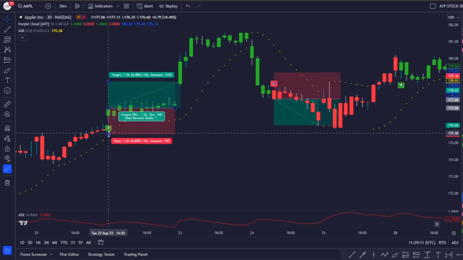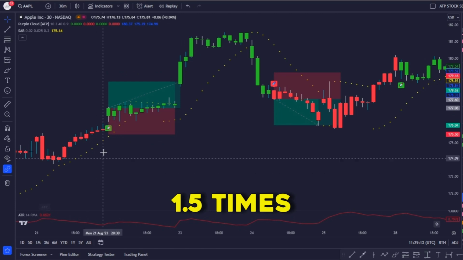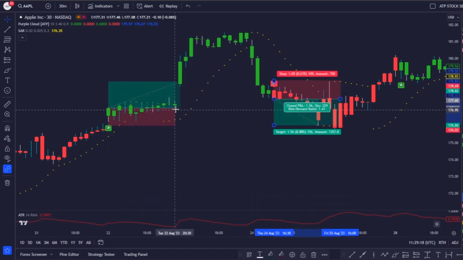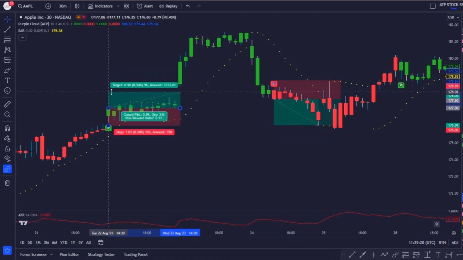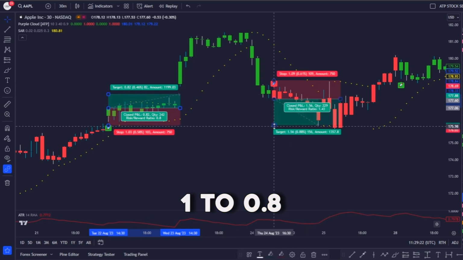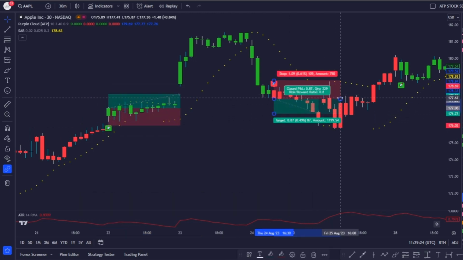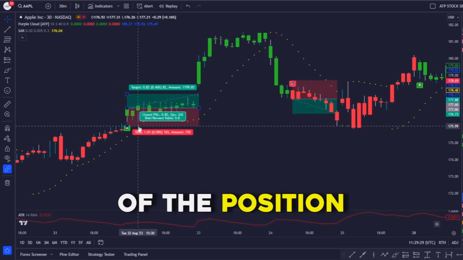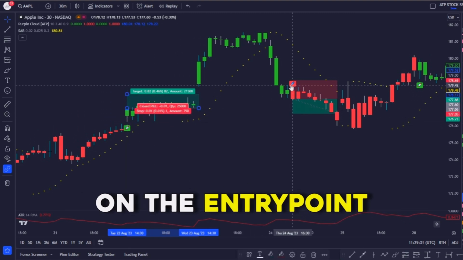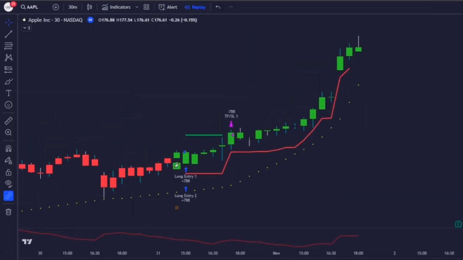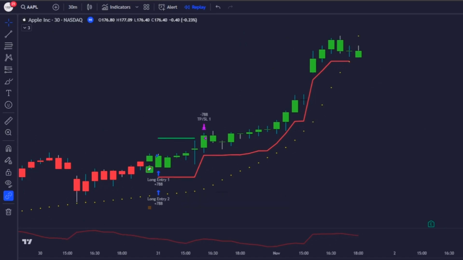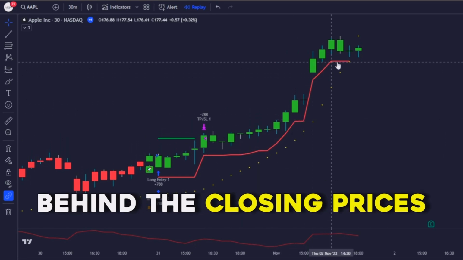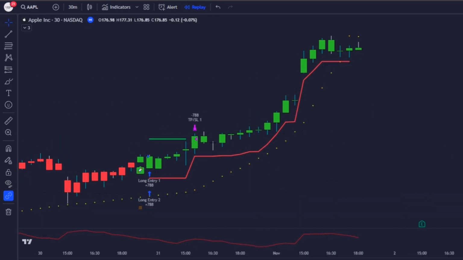Then we will need to insert a stop loss 1.5 times the ATR pip value below or above the entry point, depending on the direction of the trade, and the take profit on the 1 to 0.8 risk to reward zone. But this is only the first take profit, where we'll always close 50% of the position and put the stop loss on the entry point, because after that we will apply a trailing stop loss system to our position that is also 1.5 times the ATR pip value behind the closing prices,